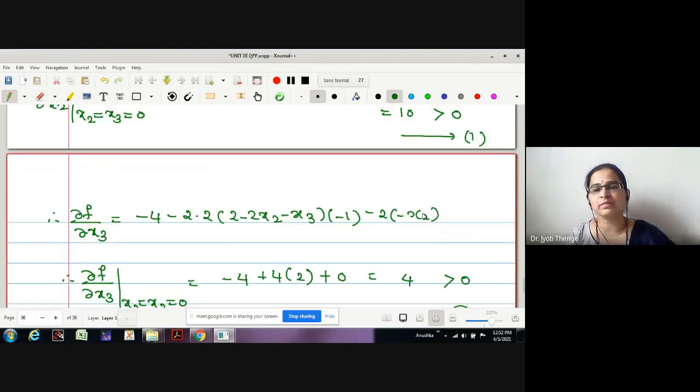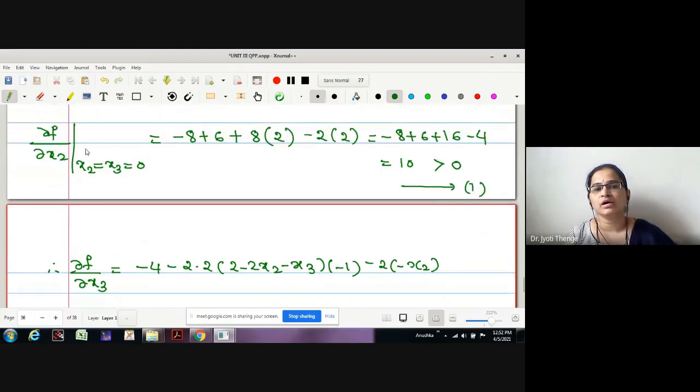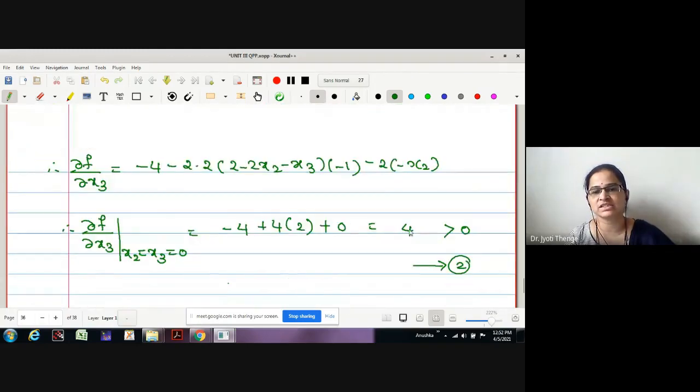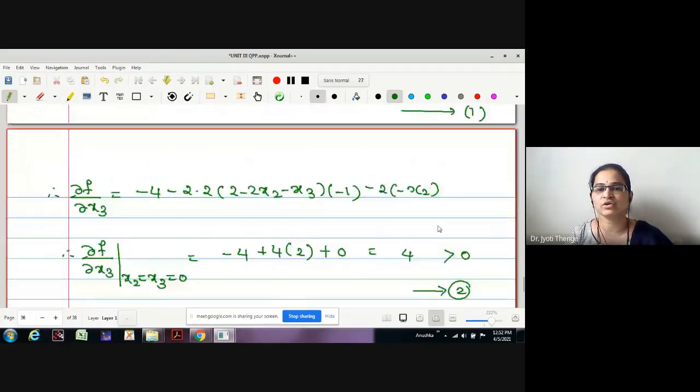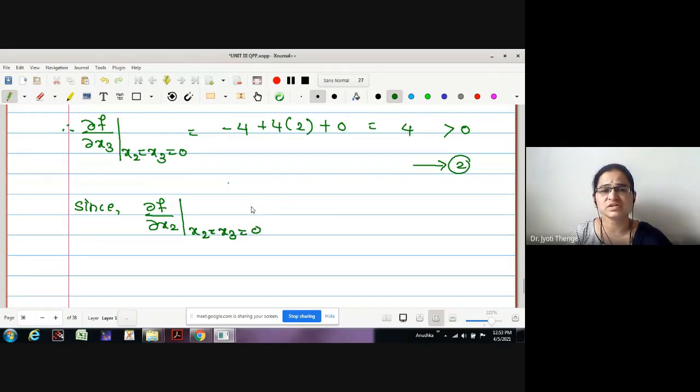So which variable will we select in order to introduce as the basic variable? Change in x2 will give me 10 times change in f. Change in x3 gives me 4 times. Rate of change is 4. Which one were we going to select? Yes, which variable should be selected to introduce in the basic?